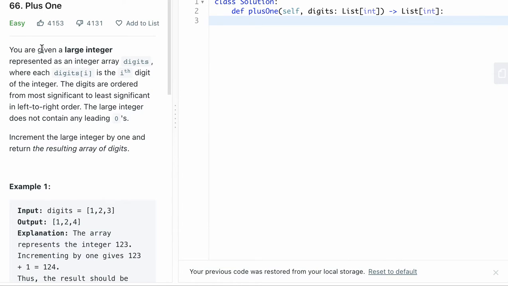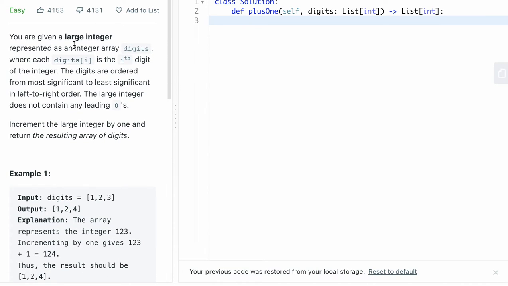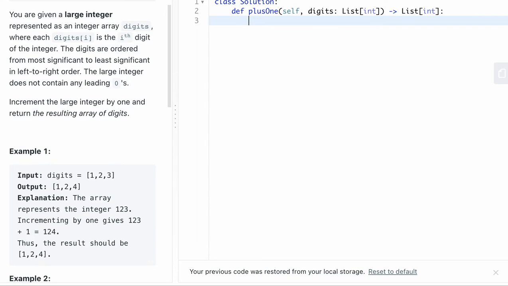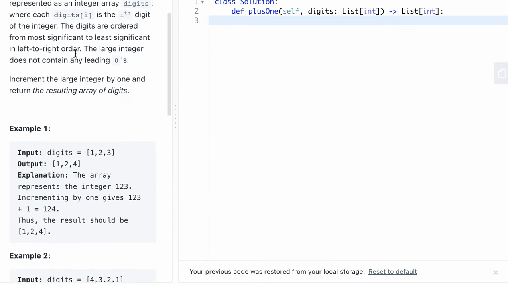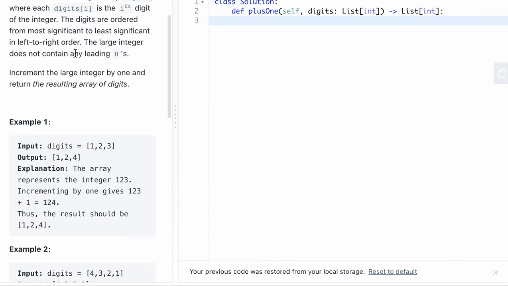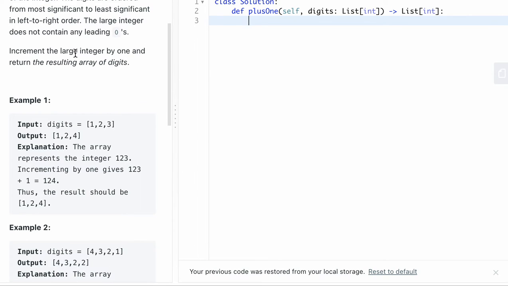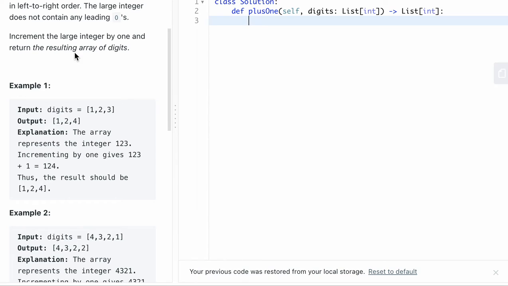6 plus 1, it's an easy Leetcode question. You're given a larger integer represented as an integer array digits, where digits[i] is the ith digit of the integer. The digits are ordered from most significant to least significant in left to right order. The larger integer does not contain any leading zeros. Basically, your goal is just to plus 1 to the digits that they provided to you